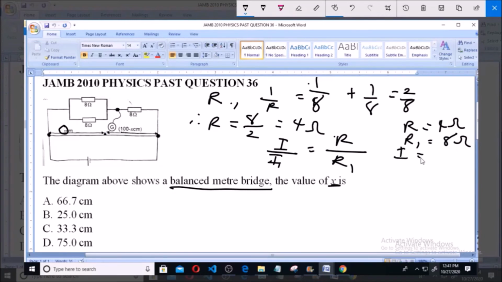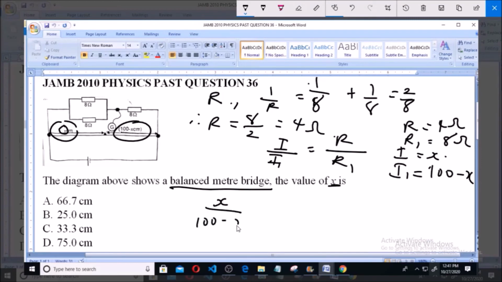I is equal to X, which is what we are looking for, and I1 is equal to 100 minus X, right? So we substitute that. I is equal to X, so X over 100 minus X is equal to 4 over 8. So we cross multiply,